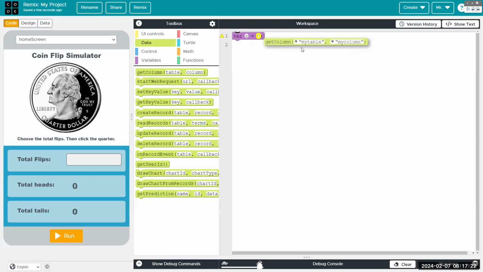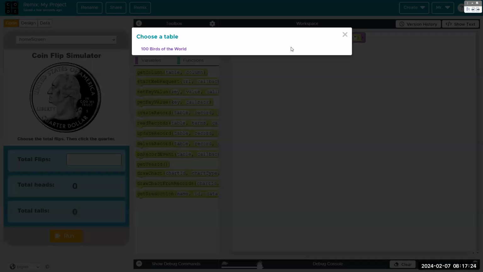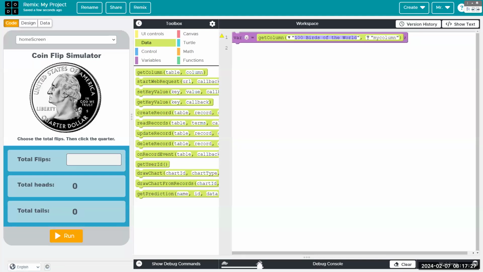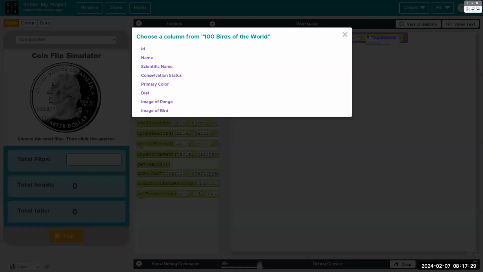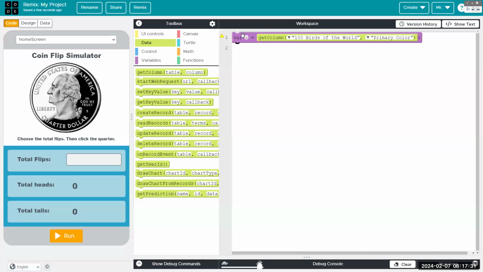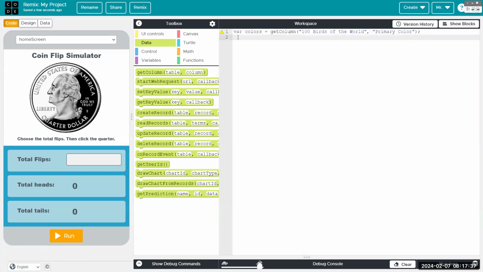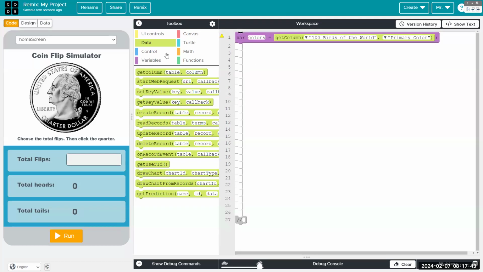Get column, 200 birds of the world. Choose color and call it colors. Okay, and so we have a list which is 98 birds long, even though it's called 100 birds of the world.